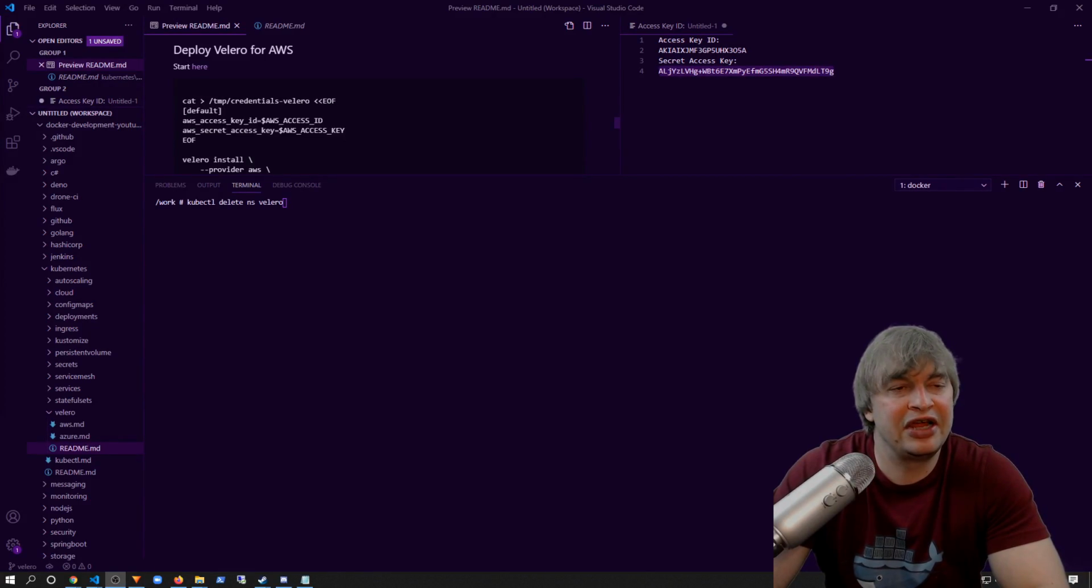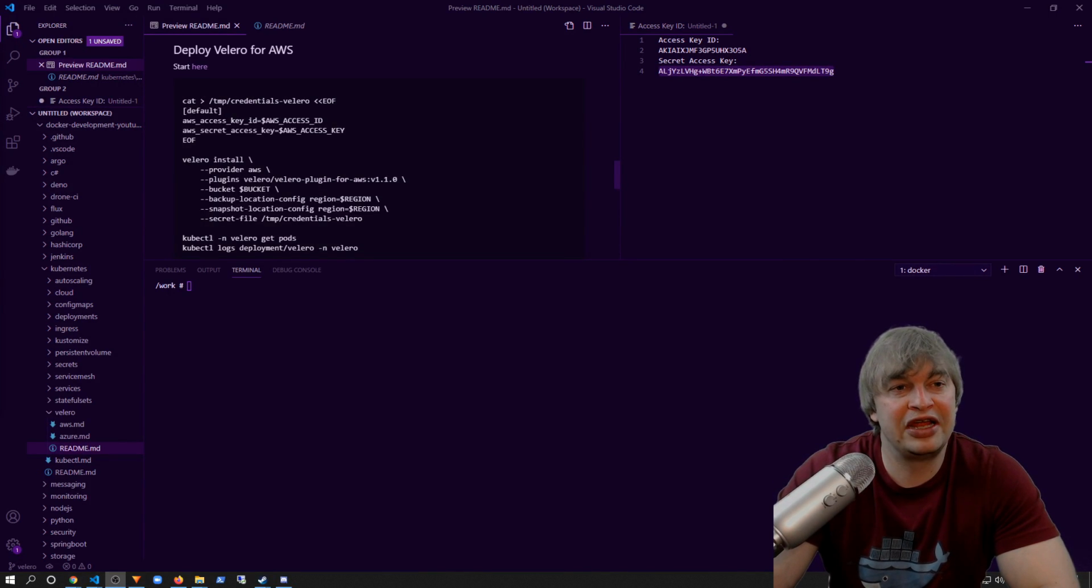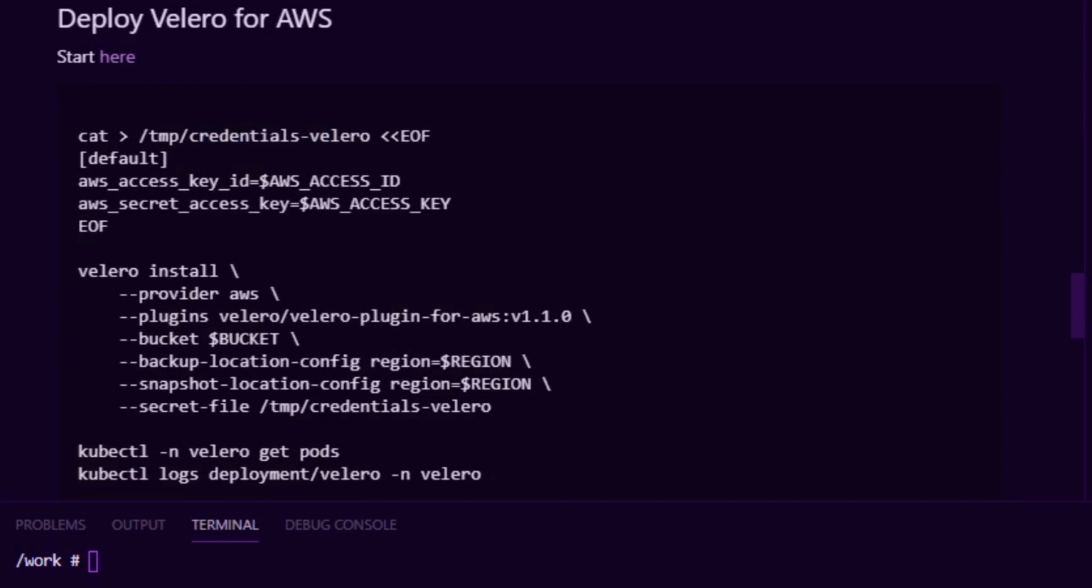back up to an Amazon S3 bucket as well. Because Velero targets a specific provider, I'm going to go ahead and delete the Velero namespace, and let's reinstall Velero, but this time using the Amazon provider. Similarly to Azure, all providers need a credential file. So we're going to say cat, create a new credential file